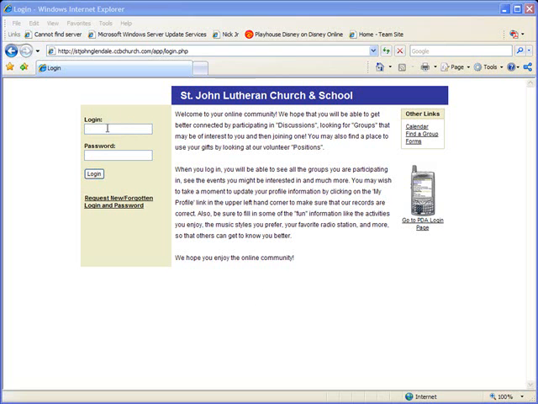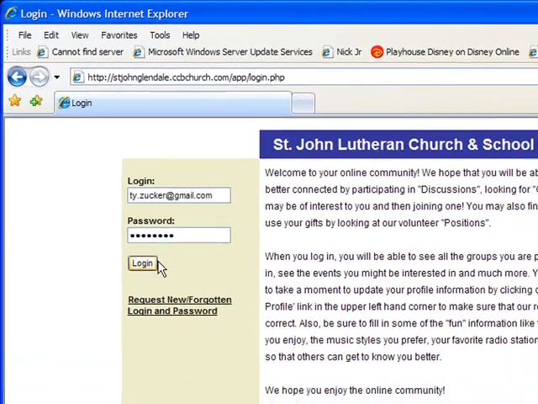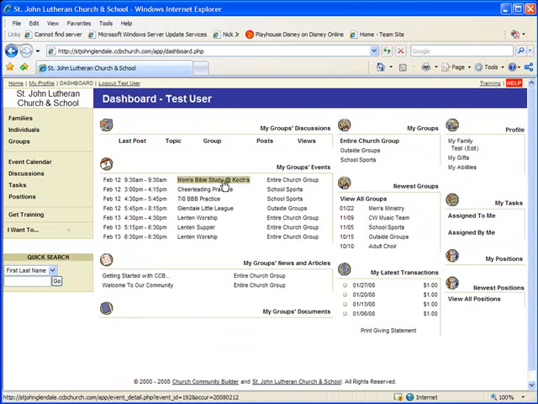So this is our login page. I am going to get signed in here. Just put in my login ID for a test account I have and a password. I'm going to press login, and this is the home page, and I can click on the dashboard page if I'd like. And the dashboard page is an overview of discussions, calendaring, groups that I'm in, my profile,